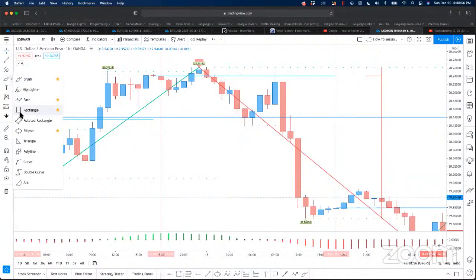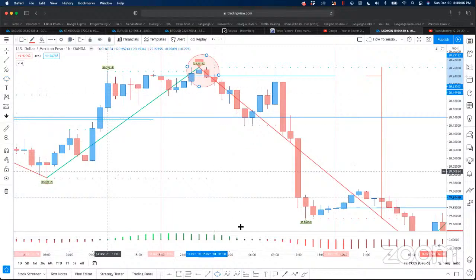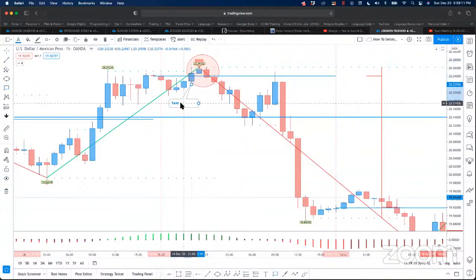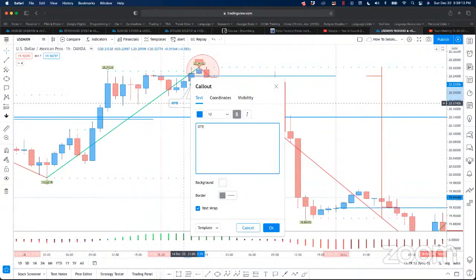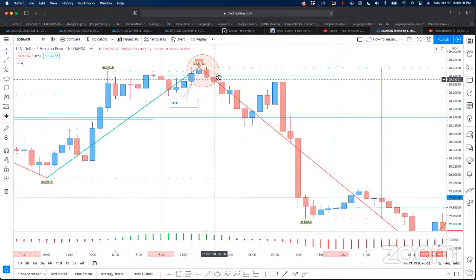So let's look at that. This trade would have had optimal trade entry here for the first attempt. OTE, optimal trade entry. That's the term I'm going to use for this. Then let's say we missed this because this happened at 23, that's 11 at night. So for people that trade the